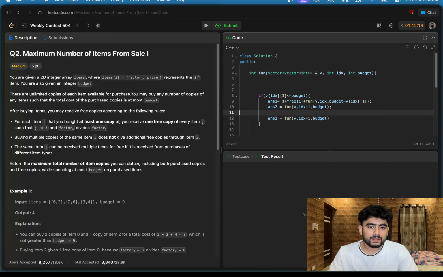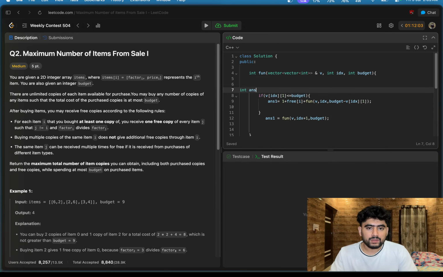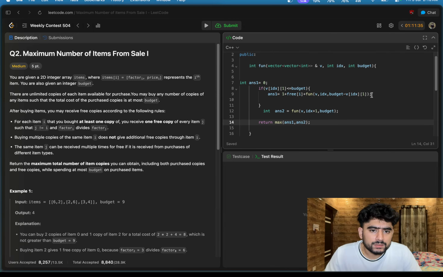So instead of writing this thing again and again, we can simply move this thing out of the loop, so that it will check for every case. Initially answer one is going to be 0, and answer two is going to be, and we have to return the max of all the cases, no? I think yeah. So we have to return the max of both cases, whether we are choosing this or not choosing this. So yeah, I think that's it for